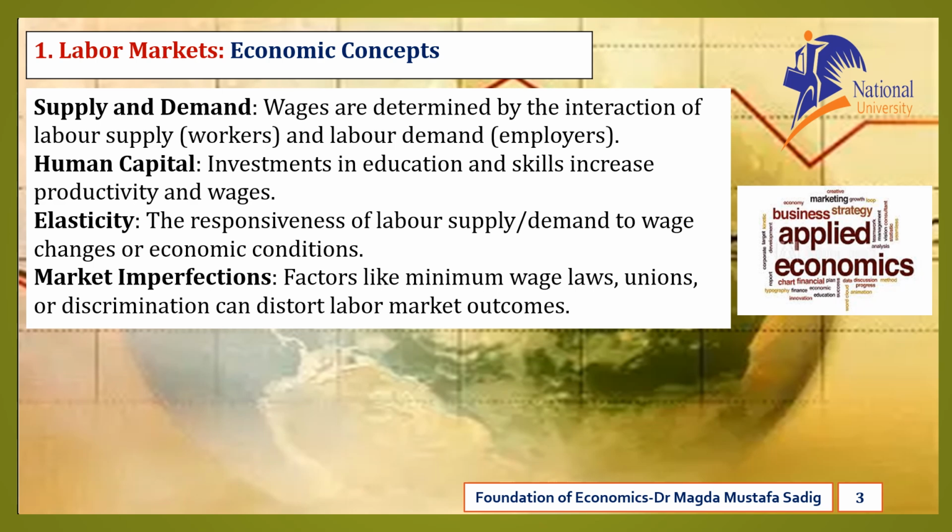Unions may negotiate higher wages and better conditions, but can also influence labor costs. Discrimination based on gender, race, or other factors can distort fair wage distributions. These imperfections remind us that economic models need to be adjusted when applied to real